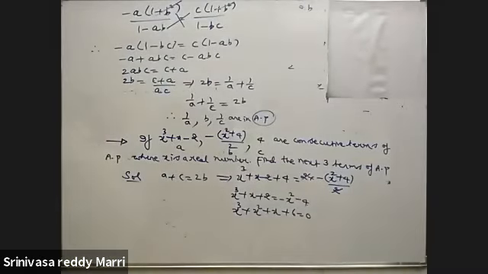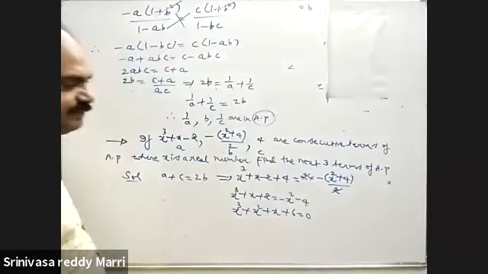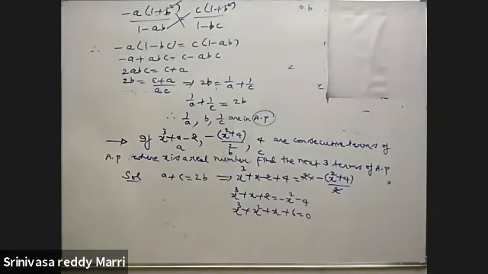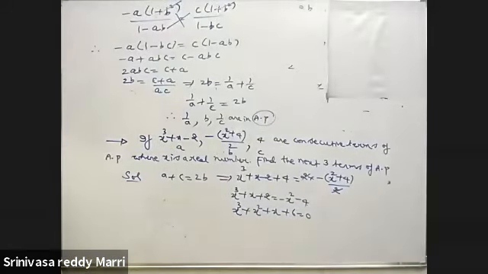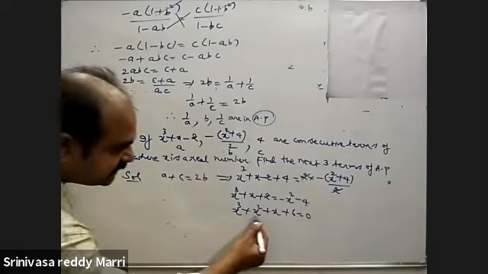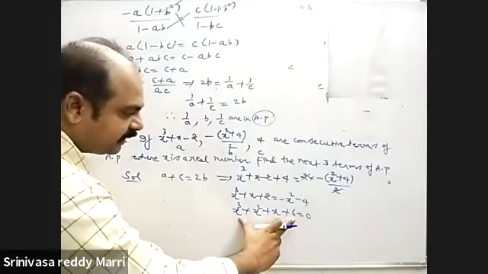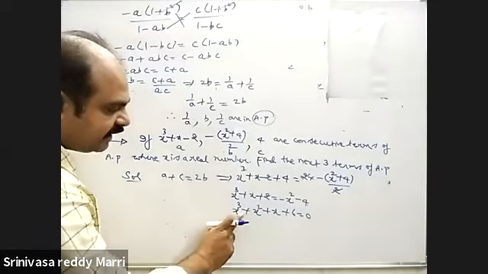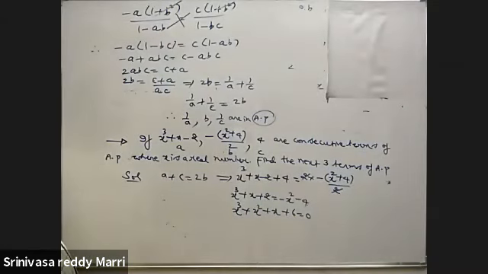You got an equation in x. What is the value of x that satisfies this equation? You have to calculate. If there is a cubic equation, you have to check by trial and error. First we will check 1. If we substitute 1 and it becomes 0, then it is a root. 1 plus 1 plus 1 plus 6 is 9, not 0. So that is not a root.